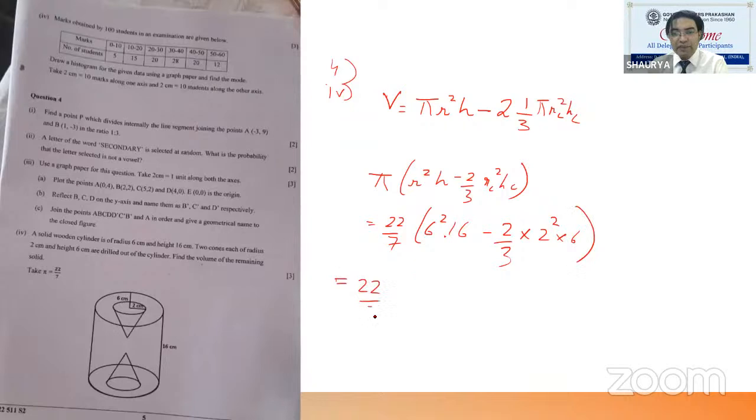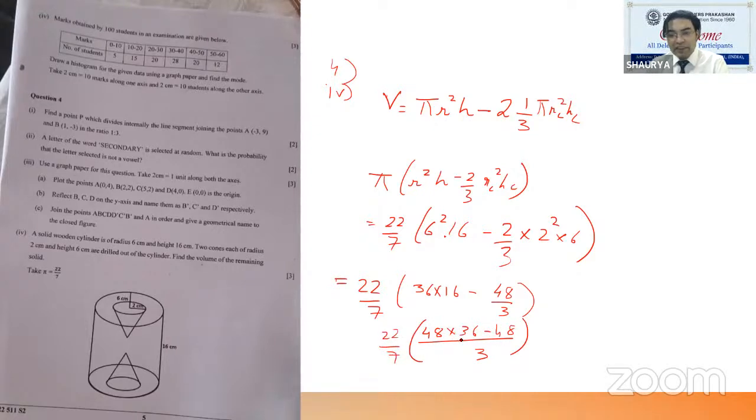Let's simplify it. 22/7, this is 36 into 16 minus 8, 6 are 48/3. So let's take the LCM. 3 16s are 48 into 36 minus 48 into 22/7, obviously. I could take 48 common, that will be 36 minus 1, 35. So that will simplify our calculation. 22/7 into 48 into 35